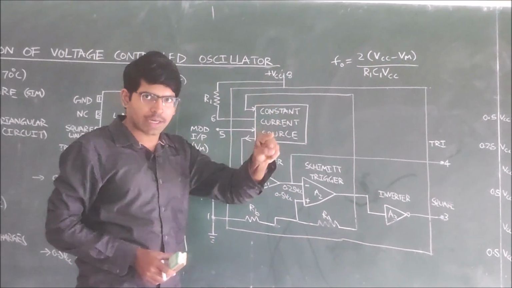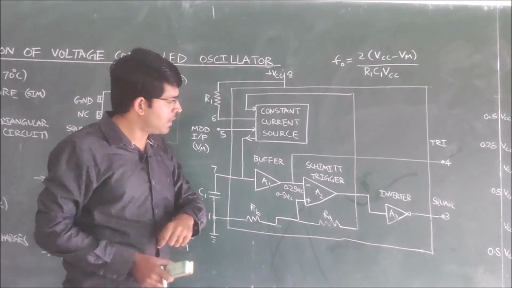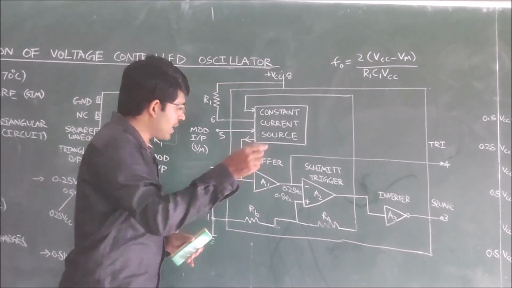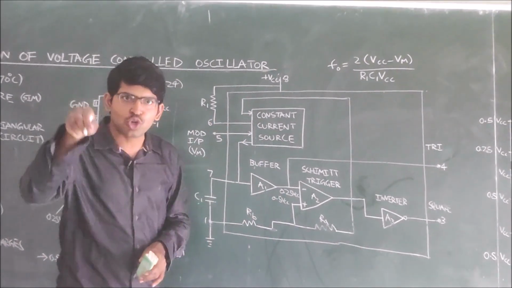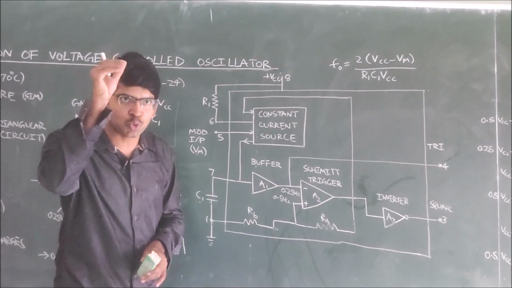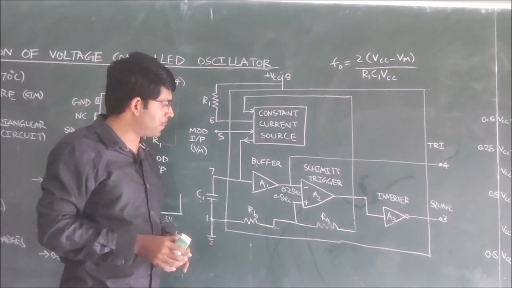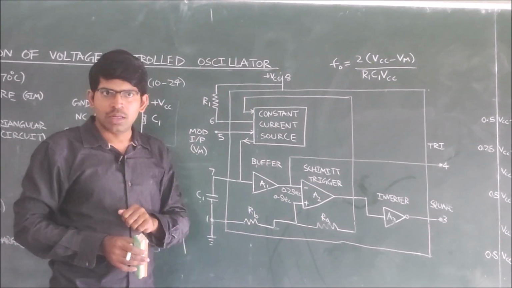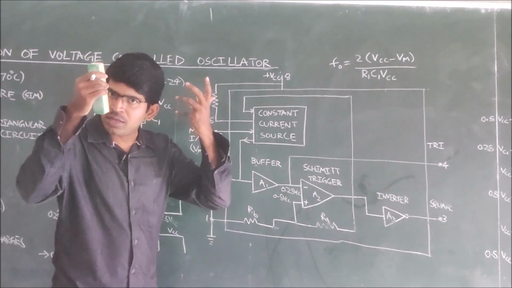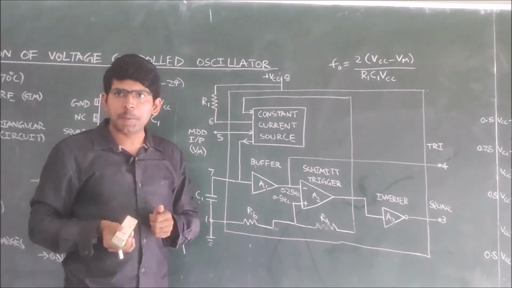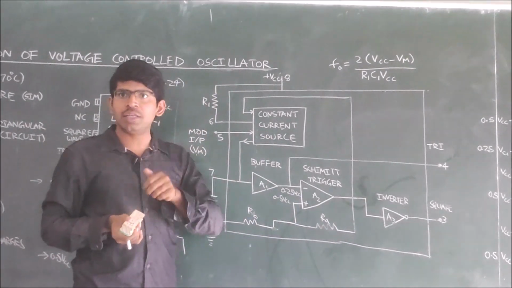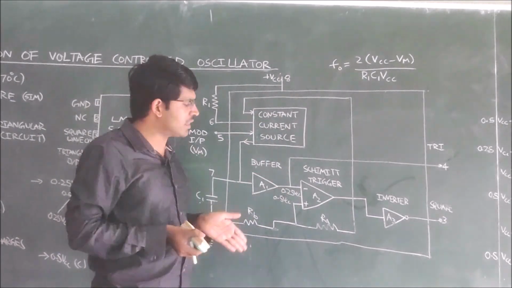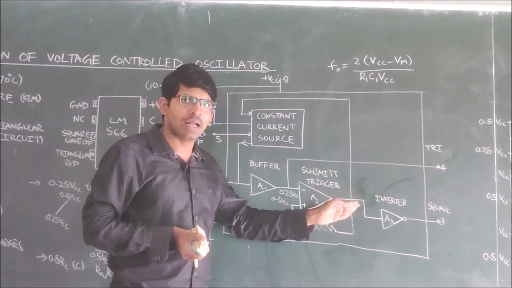This is providing the constant current. With this current, the capacitor is charging from 0.25 VCC to 0.5 VCC. This value we are giving to the buffer. The buffer will not amplify the signal or attenuate the signal, but it will pass the same input, whatever it is getting, as the output to the